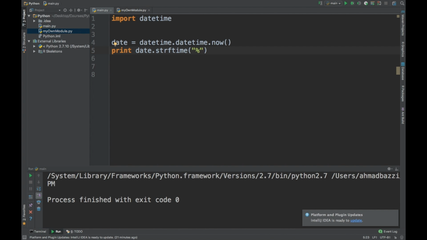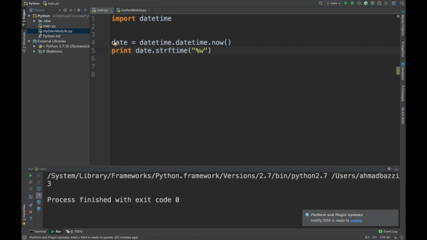And you're interested in getting the hour in 24-hour format, so percentage H, or an AM PM format, it's 9 PM, okay? There's a lot of stuff you could do with this function, such as percentage A, which is the first 3 initials of the day, uppercase A, the full day,